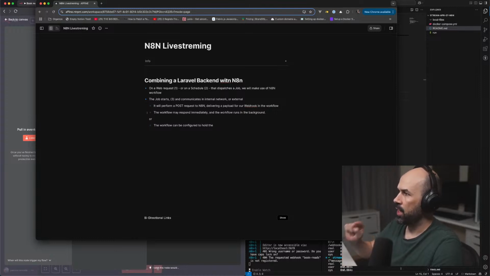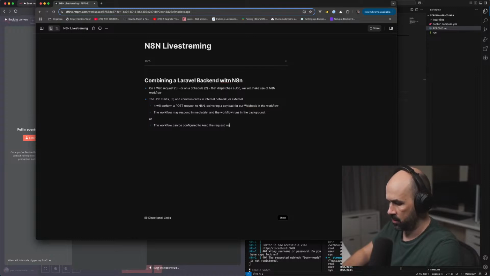Or the workflow can be configured to keep the request waiting, responding with the end result.